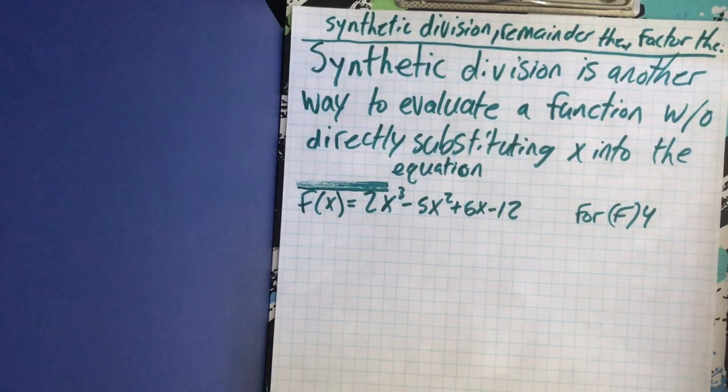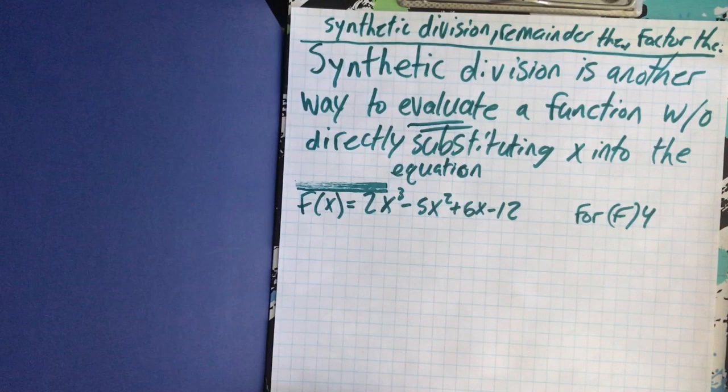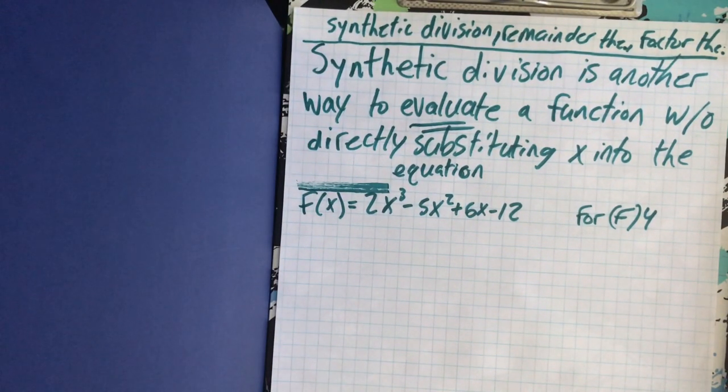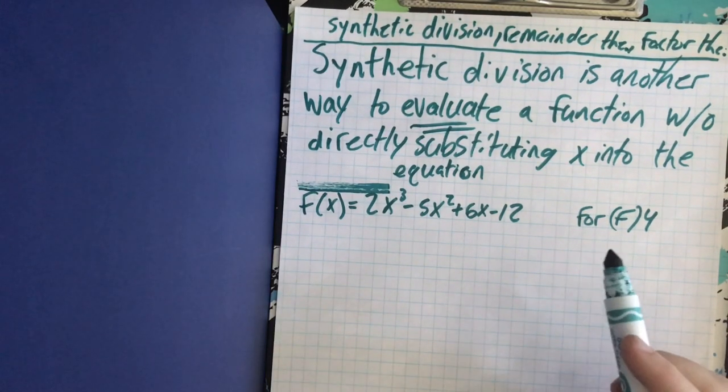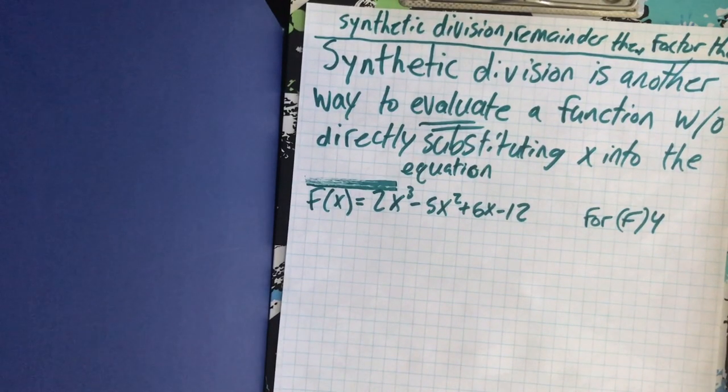Today I'm going to be explaining synthetic division, the remainder theorem, and the factor theorem. Synthetic division is another way to evaluate a function without directly substituting x into the equation. For example, if we want to evaluate the function f of x equals 2x cubed minus 5x squared plus 6x minus 12 for f of 4, we would, if we wanted to do this by substituting,